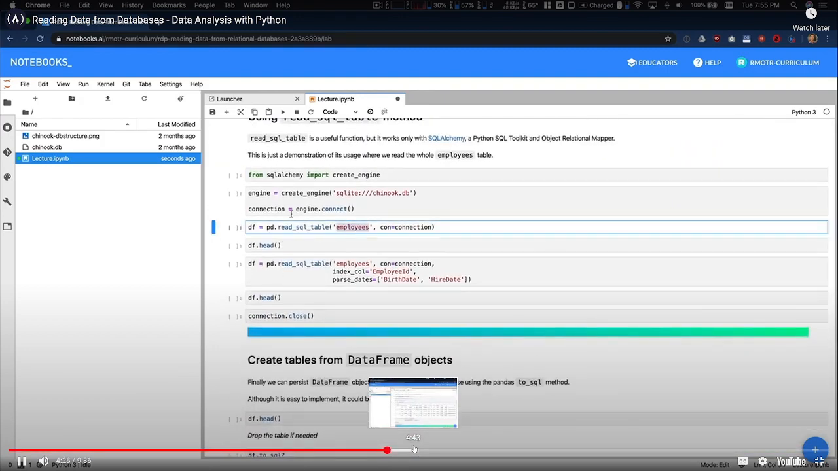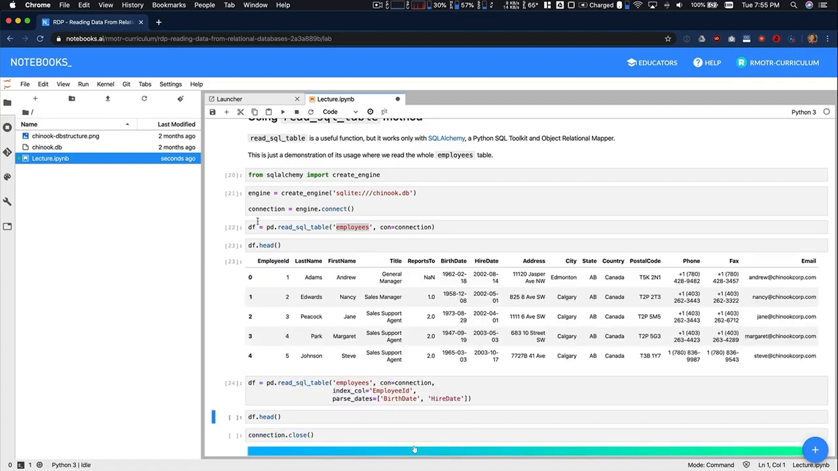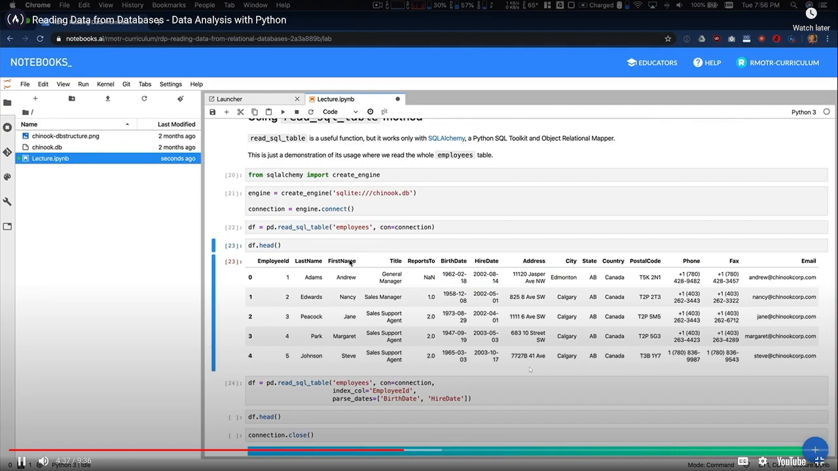You just pass a name, and it's going to automatically give you all the information for it, including all the column names, etc. So it's a lot simpler to read an entire table. The only thing to keep in mind is that to use